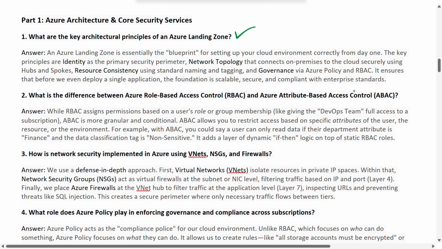Moving further: what is the difference between Azure role-based access control, RBAC, and Azure attribute-based access control, ABAC? RBAC assigns permissions based upon the user's role or group membership, such as giving the DevOps team full access to the subscription. And coming to ABAC, which is attribute-based access control,